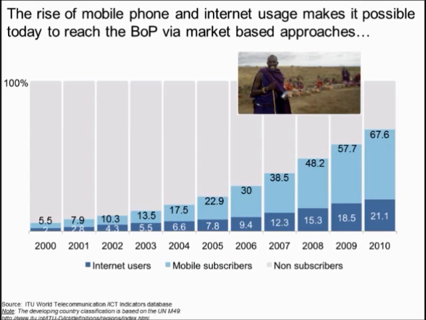So there seems to be a right momentum, especially if you look at this graph, because the connectivity has increased enormously. You can see here that up to 68% of the population has now access to mobile phones, and about 21% to internet. So that should no longer be an obstacle. So one could say that the rise of mobile phone and internet usage makes it possible today to reach the base of the pyramid via market-based approaches. However,